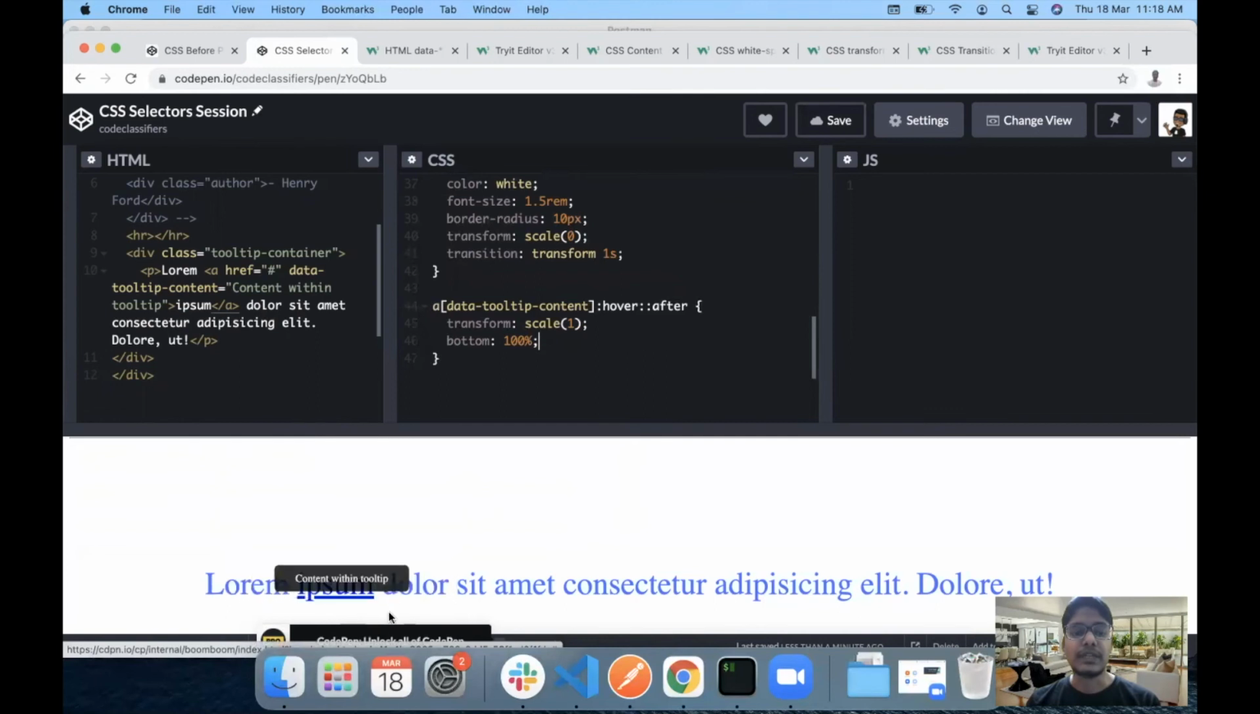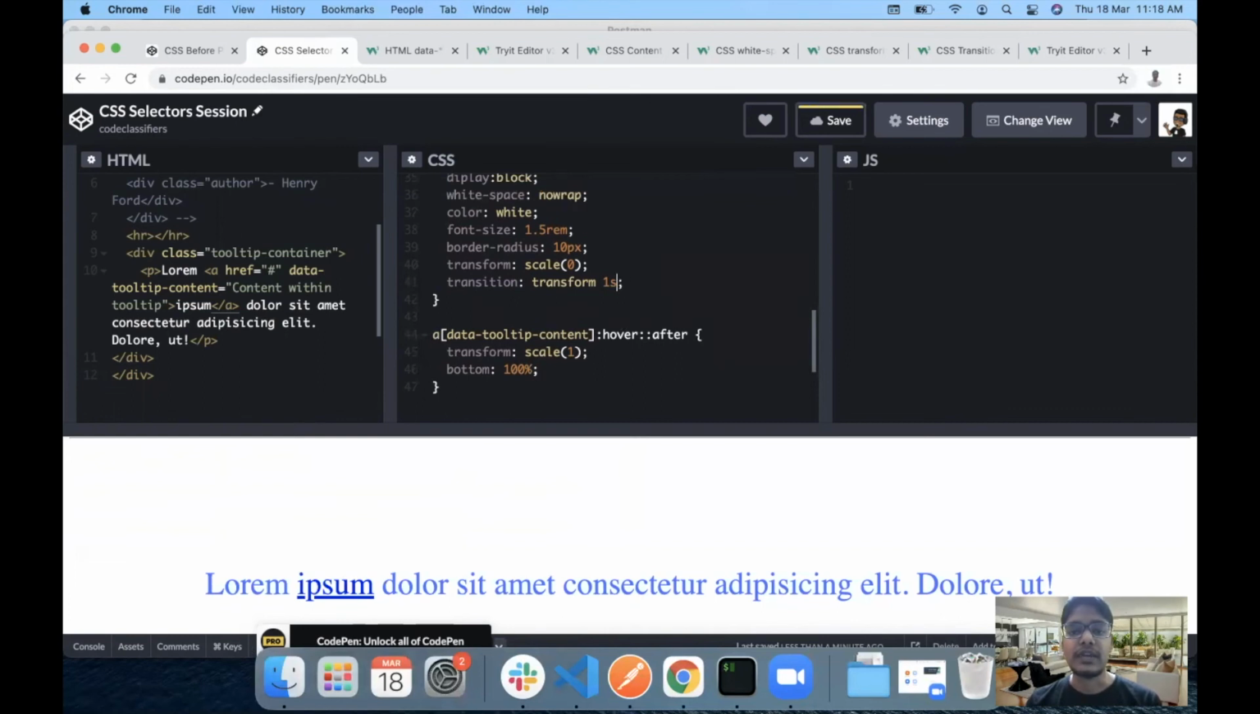Now the problem that is occurring is our transition is causing the bottom to trigger a bit late. So we can add a comma here, and we can set the bottom transition to 1 second as well. Now as you can see, the tooltip comes from the bottom and then gradually maximizes. Okay. Now we can change this 1 second to some